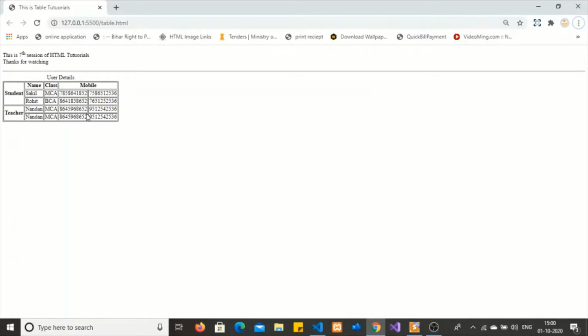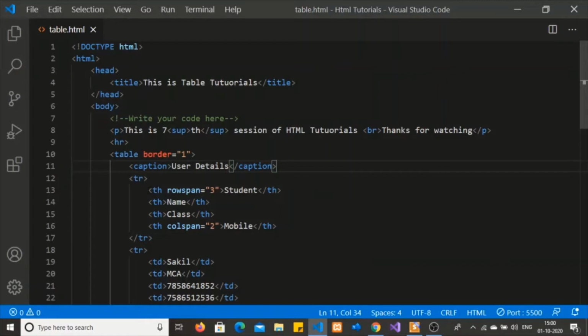Let's format it so that we can see the more value. This row should go here. That should take only 2, not the 3.